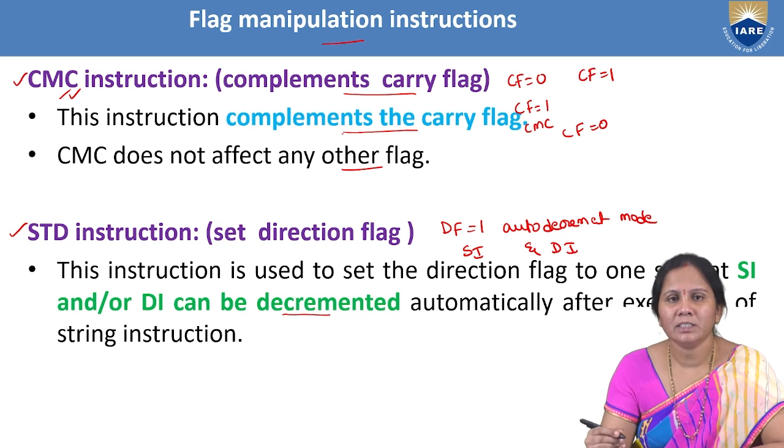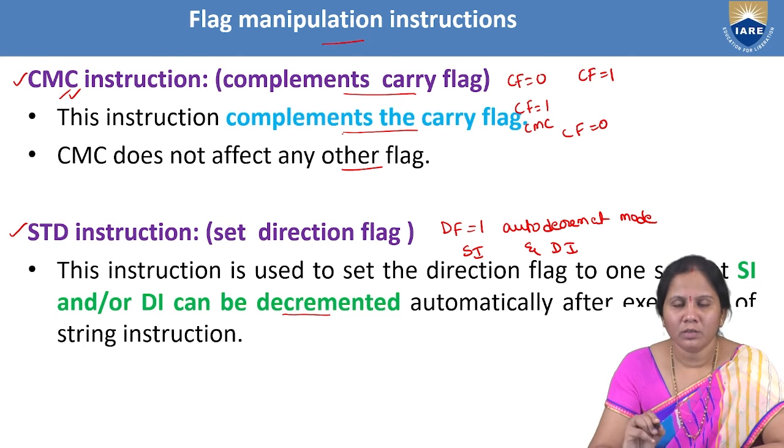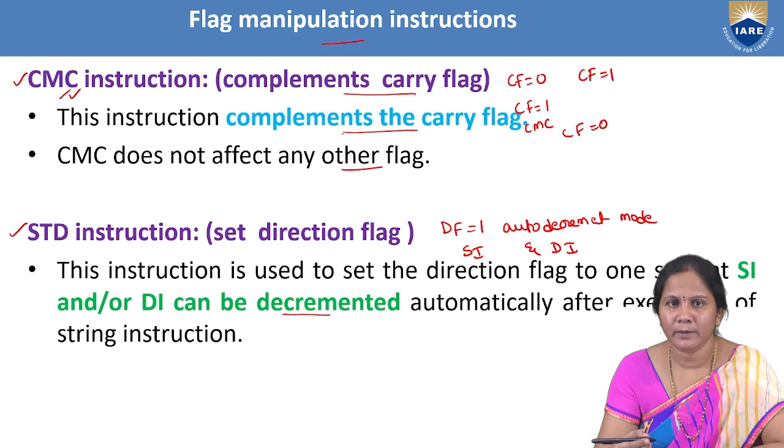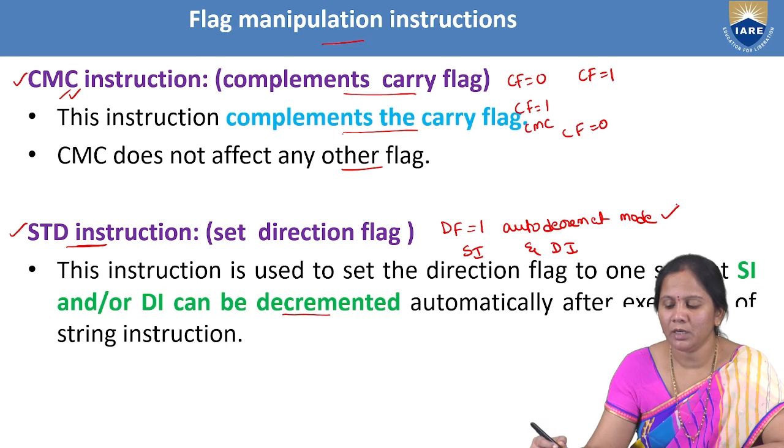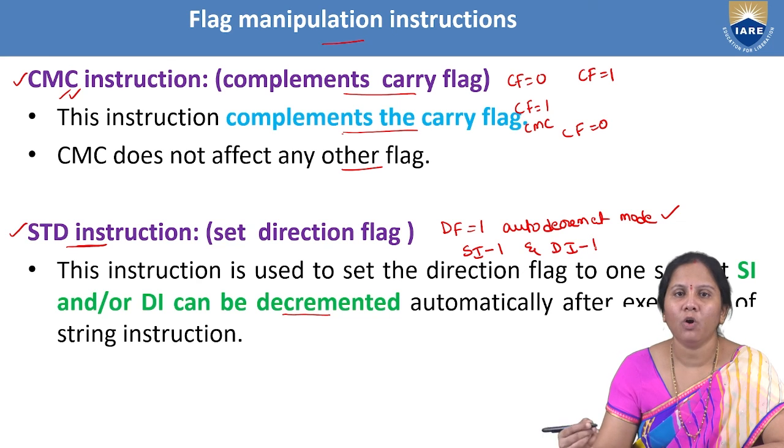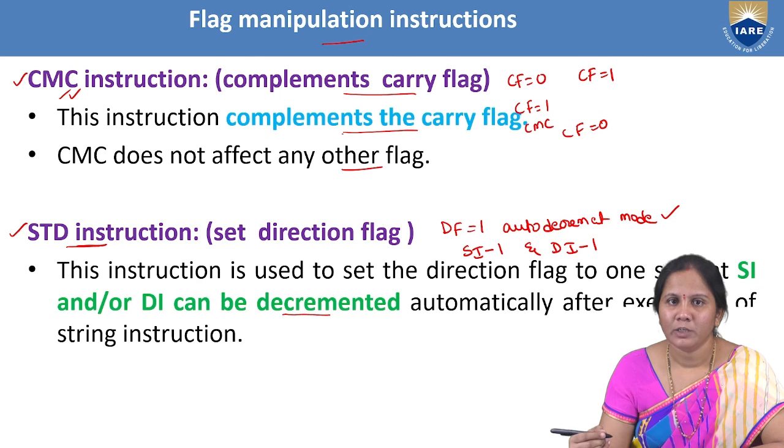This STD instruction will be used generally during string operations. So you can use STD or we can use CLD. When this STD instruction is executed, the processor will be operating in auto decrement mode. Auto decrement mode means the contents of SI and DI location will be automatically decremented by 1. Generally in the program, if you wanted to decrement the content of SI or DI by 1, we used to write the instruction called DEC SI, that is decrement SI,